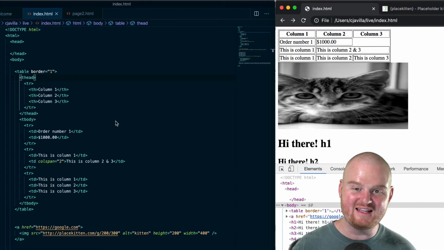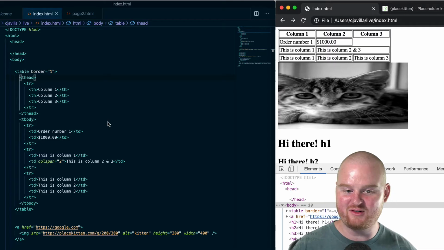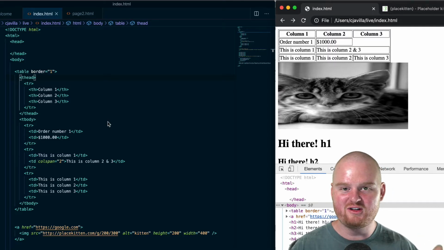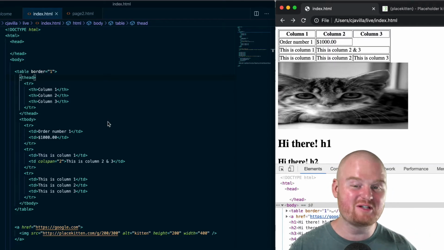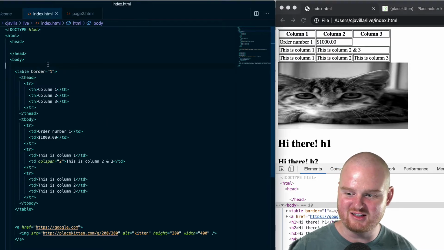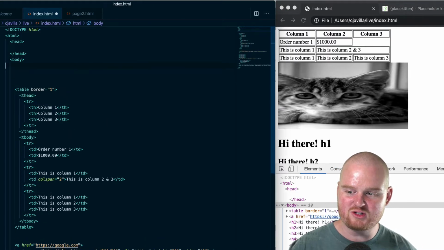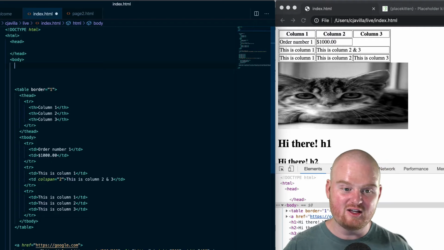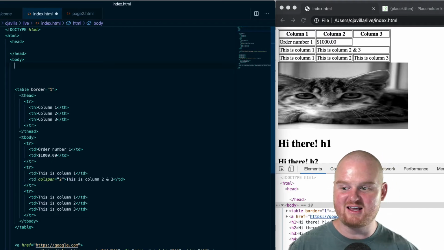All right, let's talk about list elements that allow us to define lists in HTML. So we have three different types we're going to talk about: unordered, ordered, and description lists, or sort of data definition lists. The first one we'll start with is an ordered list. This is like you want a list of things that has a number next to it, 1, 2, 3, 4,